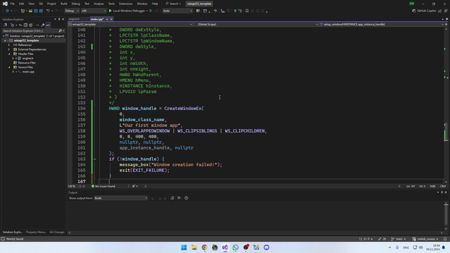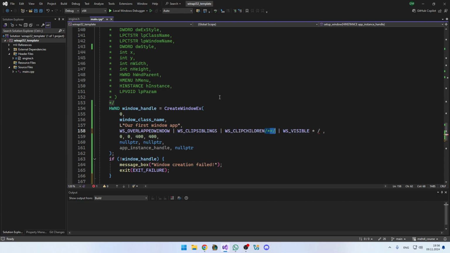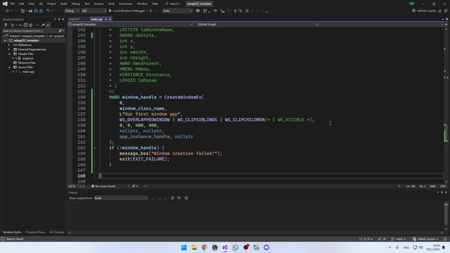make the window visible. Add there the WS_VISIBLE parameter to the basic window style, this parameter. But in case we don't want this parameter, the second approach, when we want to maintain more control over the window creation, is based on calling the function